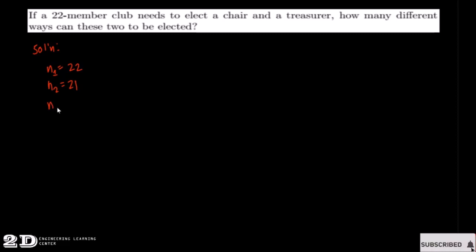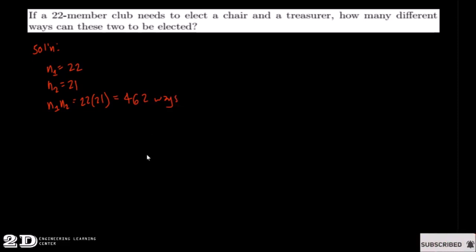So the number of ways that the positions of chairman and treasurer can be elected from a 22-member club is n sub 1 times n sub 2. That is 22 times 21, and that will be equal to 462